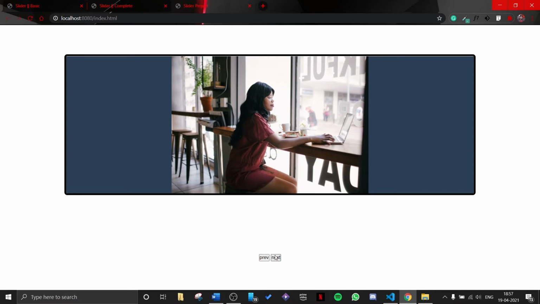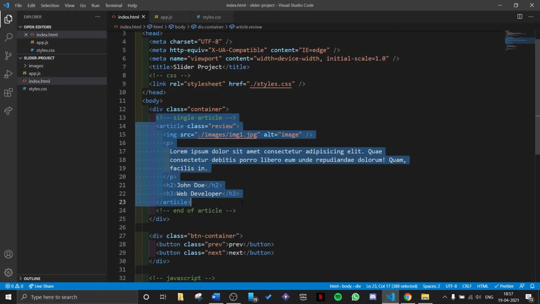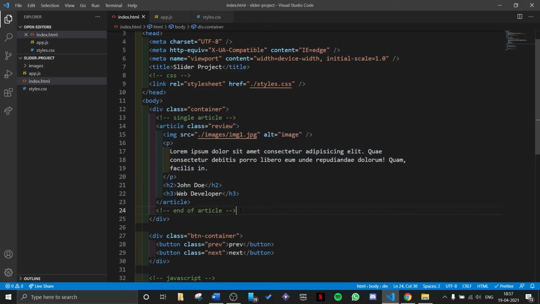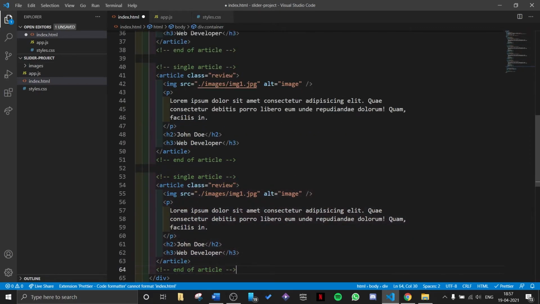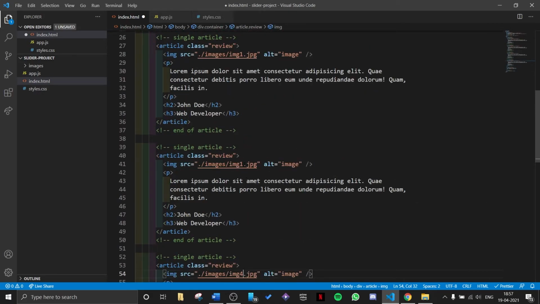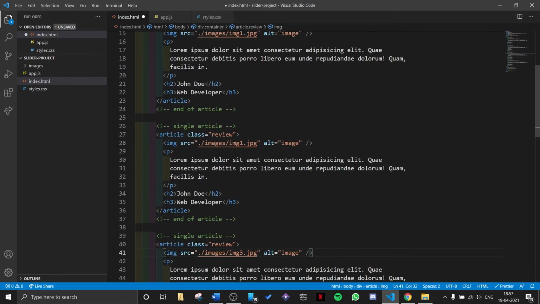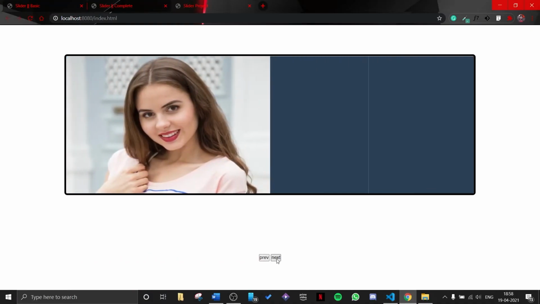So we will fix everything with CSS. Right now we cannot slide because we only have one article, and if I copy paste it 3 more times, 1, 2, 3, and save it, I will change the images, image 4, image 3, image 2. So we have the basic structure for our reviews.